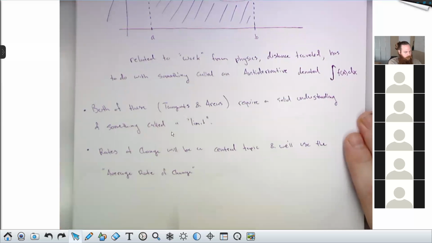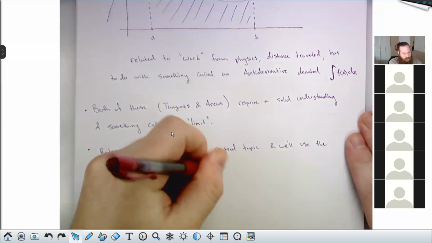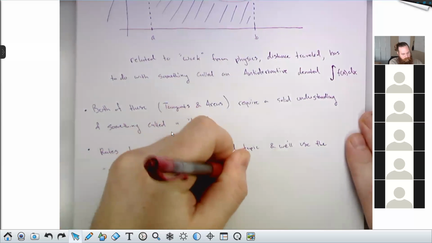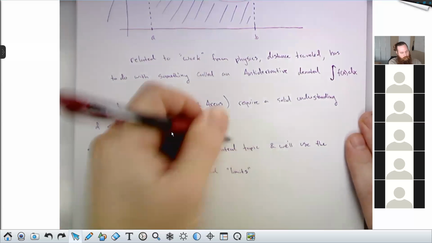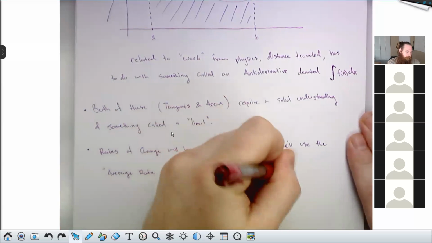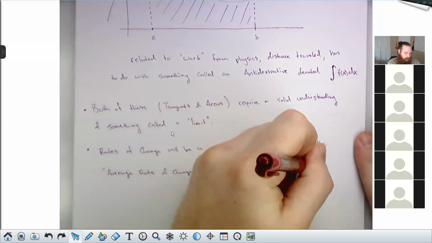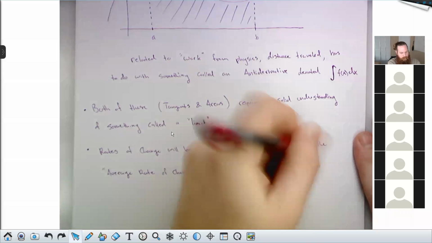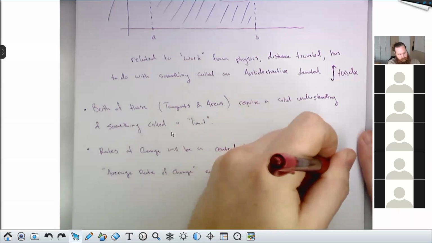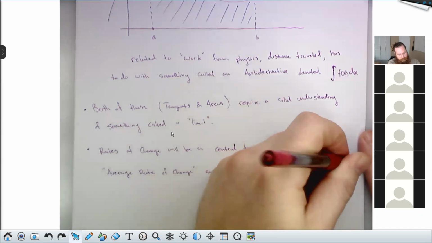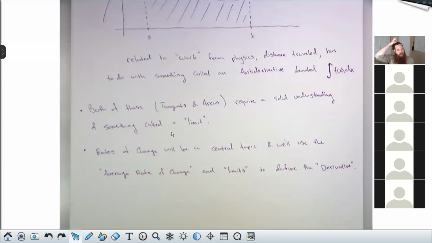We'll use the average rate of change and limits, whatever those are, to define the derivative. So from a very high level, meaning not nuts and bolts, but just conceptually, this is where we're going, and these are the tools we're going to use to get there.